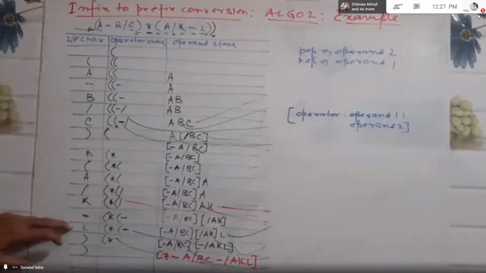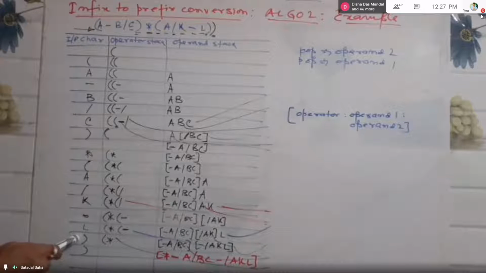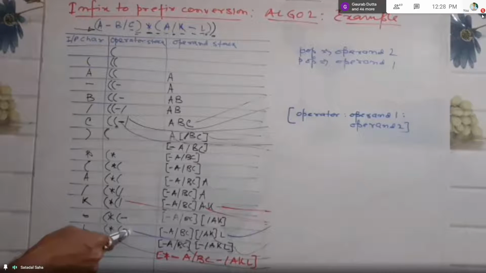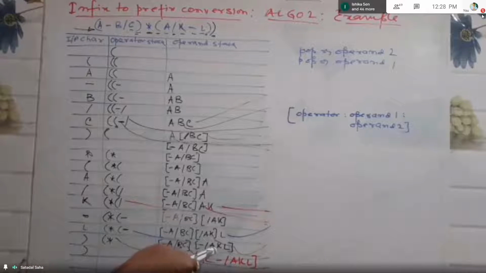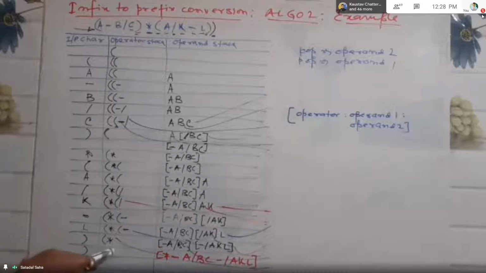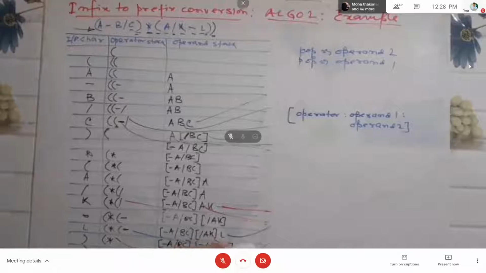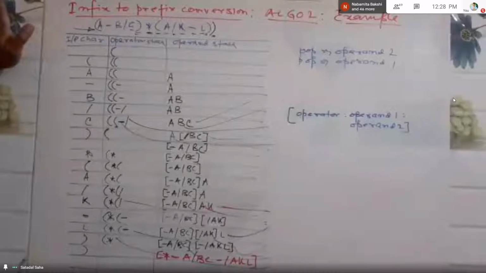Then you face L, put it into the operand stack, then the closing brace. Closing brace means you need to pop from the operator stack until you face this opening brace. So there is one operator there. So this is popped and these two are popped, L and this one, and put into the operand stack. Then you have one closing brace. For that you need to pop this star, and there are two operands like this. So pop one by one and make this sequence following the same logic and put it into the operand stack, and this becomes the final prefix expression for the given infix expression.